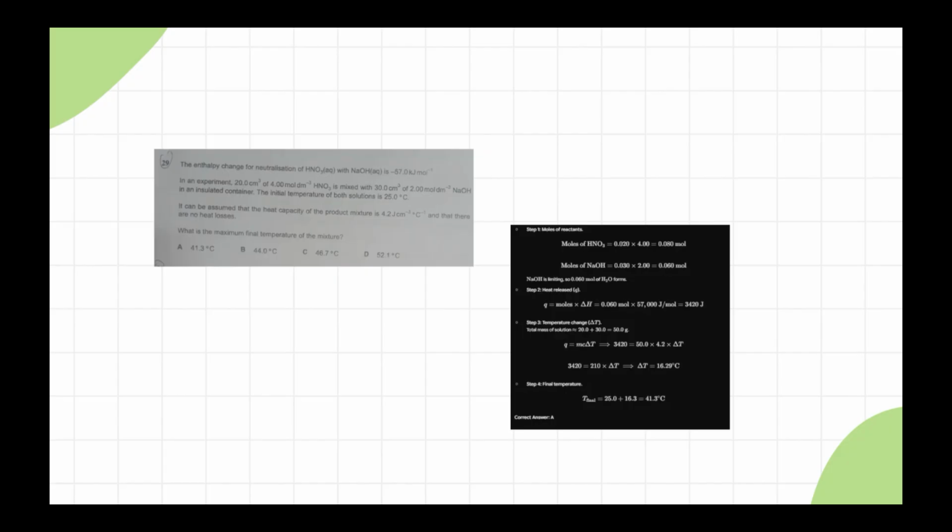The initial temperature of both solutions is 25 degrees Celsius. It can be assumed that the heat capacity of the product mixture is 4.2 joule